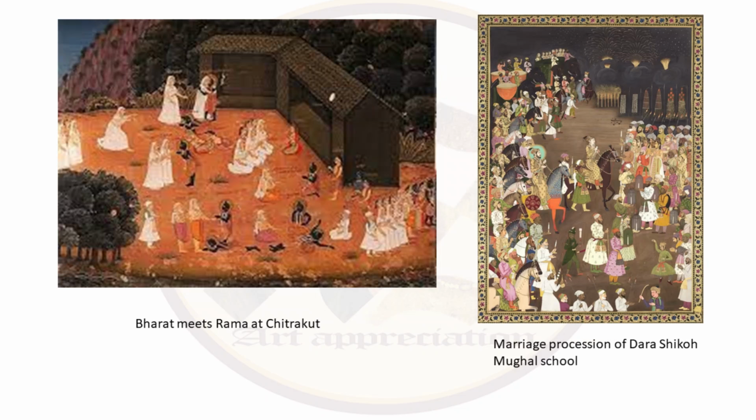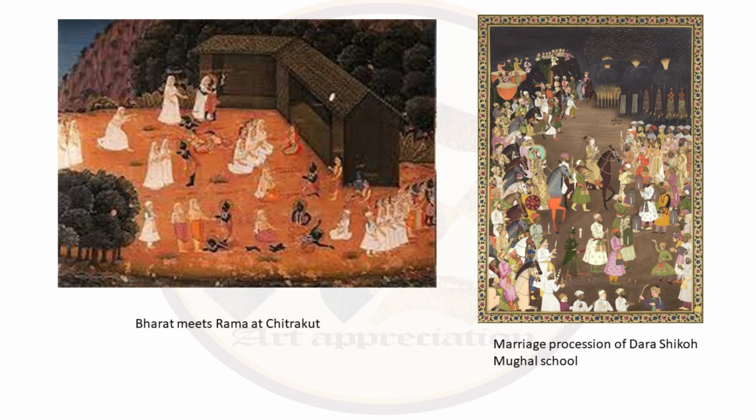See, for example, these two paintings from your syllabus. The first one, Bharat meets Ram at Chitrakoot, can be used as an example for pattern as well as movement. The white figures, though they are differing in numbers every time they appear, they are taking our eyes along with them. The white color is somehow creating that movement in the whole picture.